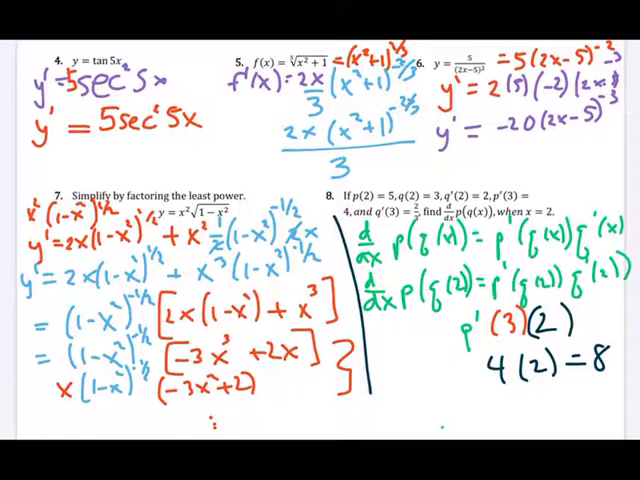So make sure you understand how to use the chain rule, that you challenge yourself on some problems where you're using the chain rule more than once, or where you're using the chain rule and also using the product rule or the quotient rule. Go back and work through these problems again, and then make sure to check out the